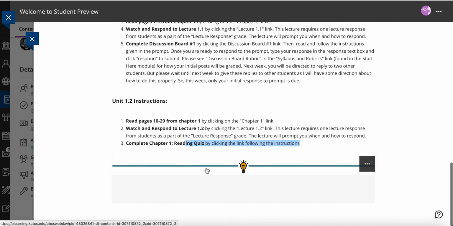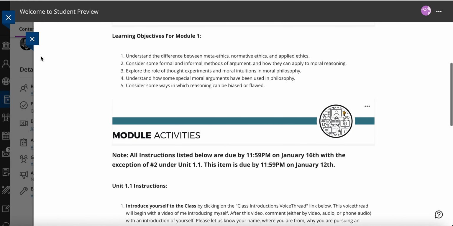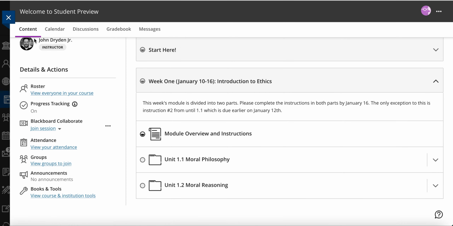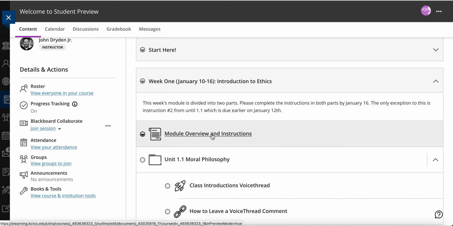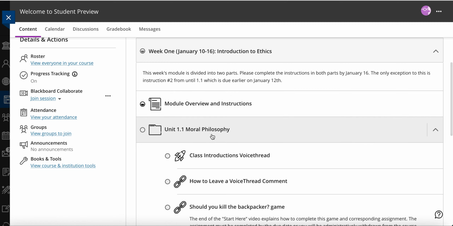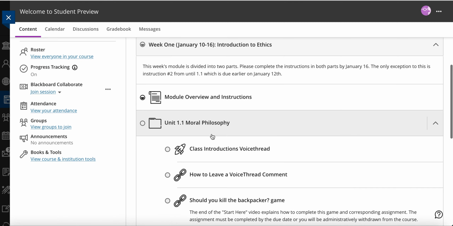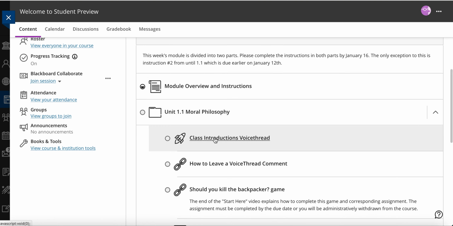To complete these assignments, you then go to the unit folders. Under Unit 1.1, you'll see all the links you need to complete the instructions that were under Unit 1.1 in the module overview and instructions document. For example, the first instruction was to introduce yourself to the class by clicking on the Class Introductions VoiceThread. The way to do that is you'll click this link,